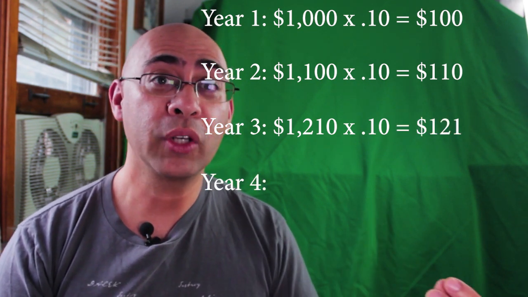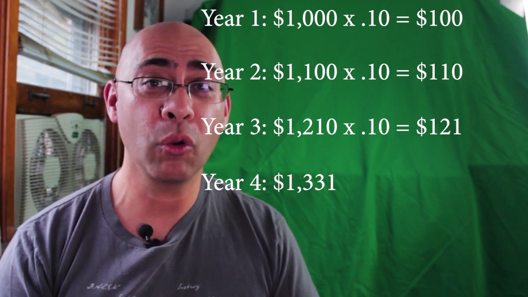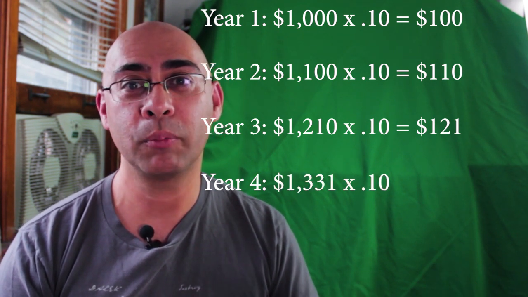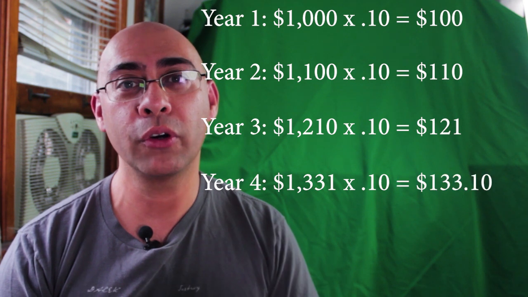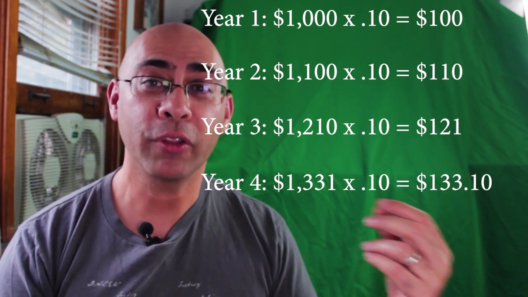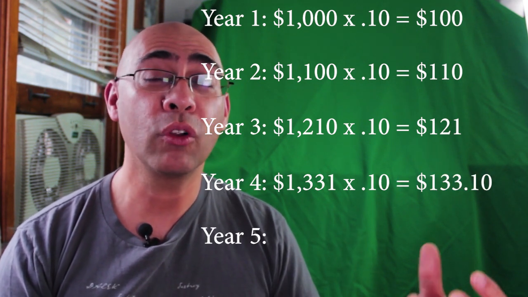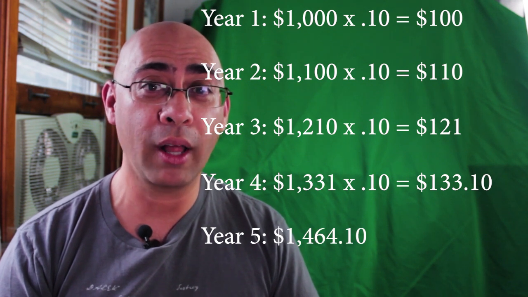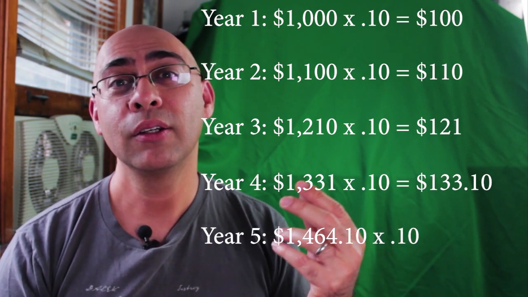For the fourth year, you now have $1,331 times the 10%, which is $133.10. And for the final fifth year, you have a total of $1,464 times the 10%, which is